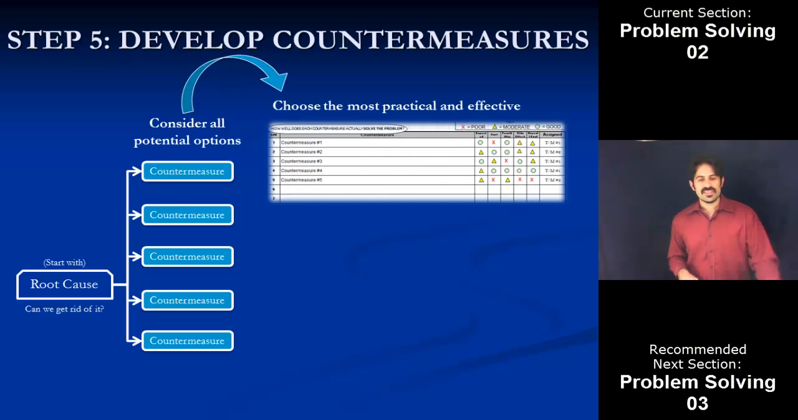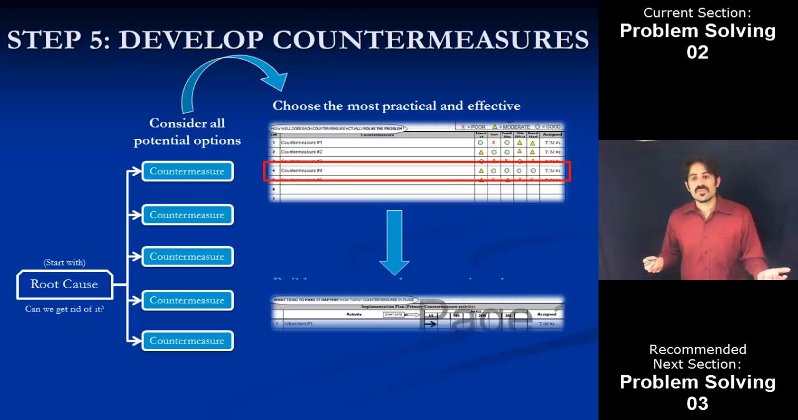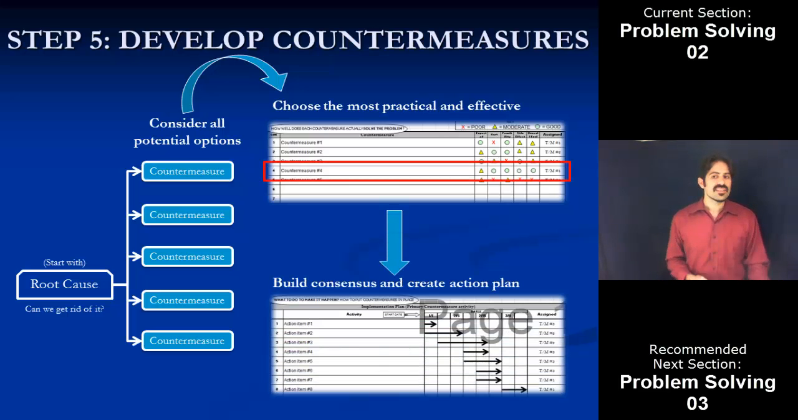So once we have all these ideas, then we want to choose which ones we're going to do. The ones that are going to be practical, the ones that are going to be effective. And we don't want to spend a ton of money on something that we don't think is going to work all that well, right? So then, after we've identified the countermeasures that we're going to pursue, then we want to